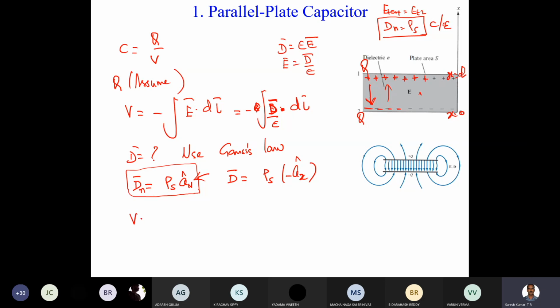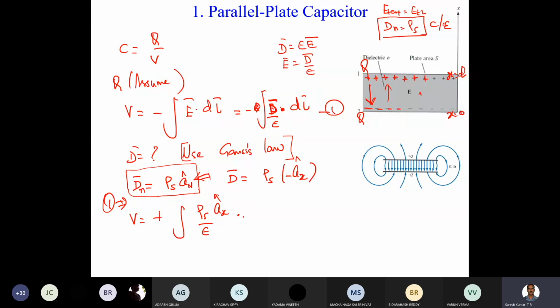So now V equal to, now we can put this into equation 1. See, here we have not used Gauss's law. Understand? We have not used Gauss's law because this is the easiest way to calculate. So we can avoid Gauss's law here, right? So V equal to, in equation 1 you take negative, D equal to rho S into AX. So already there is a negative sign, minus and minus will become plus, rho S over epsilon AX cap dot